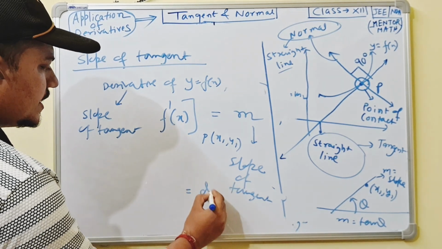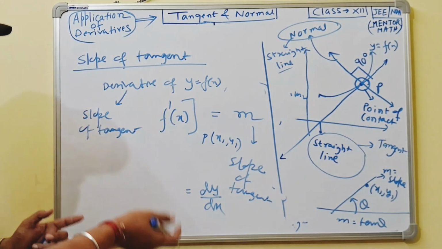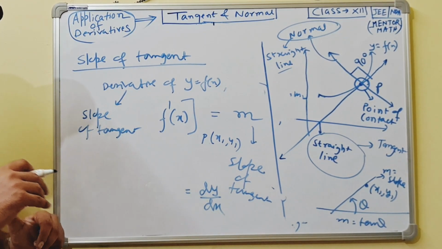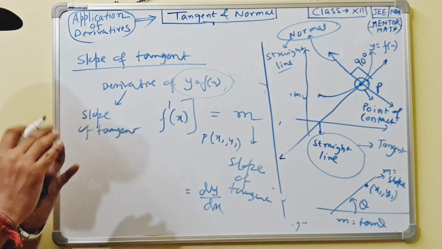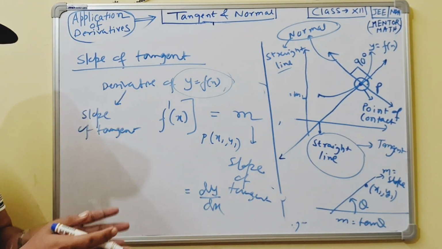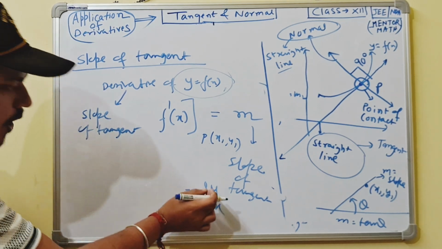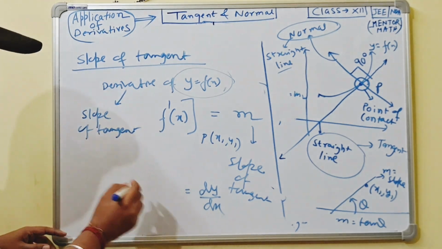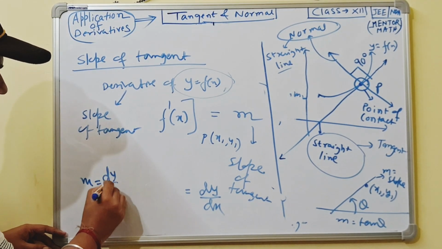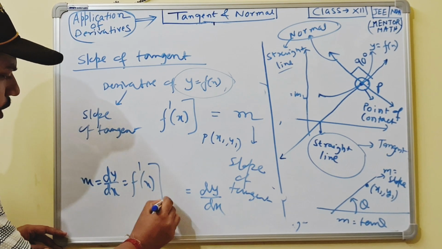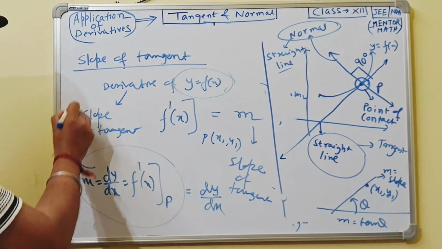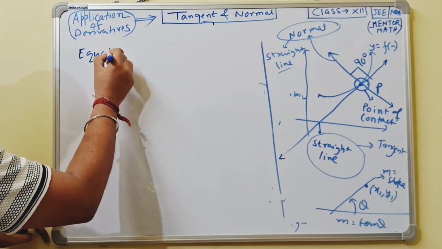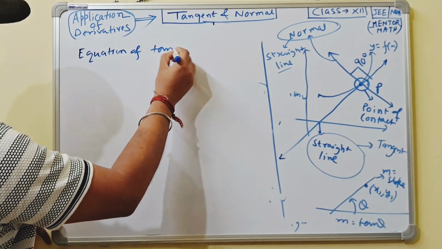That is dy/dx. dy/dx means the derivative of the y function with respect to x. So whenever you find the slope of tangent, the curve y equal to f(x) is given, and from that equation you have to find the derivative of y with respect to x. If the function is y equal to f(x), that is your slope of tangent. That formula is very important. You can write here m is equal to dy/dx equal to f dash at some point P. So this is your slope of tangent. You can note this. Now we come to the equation of tangent line